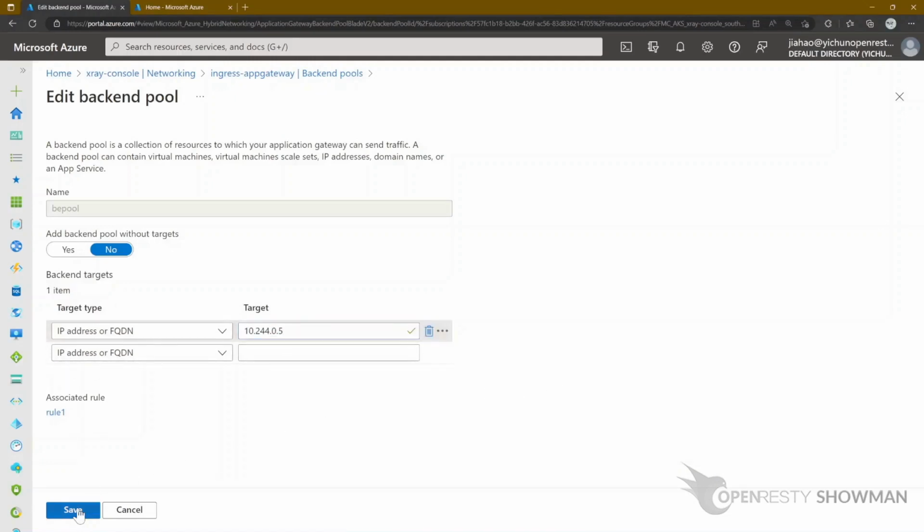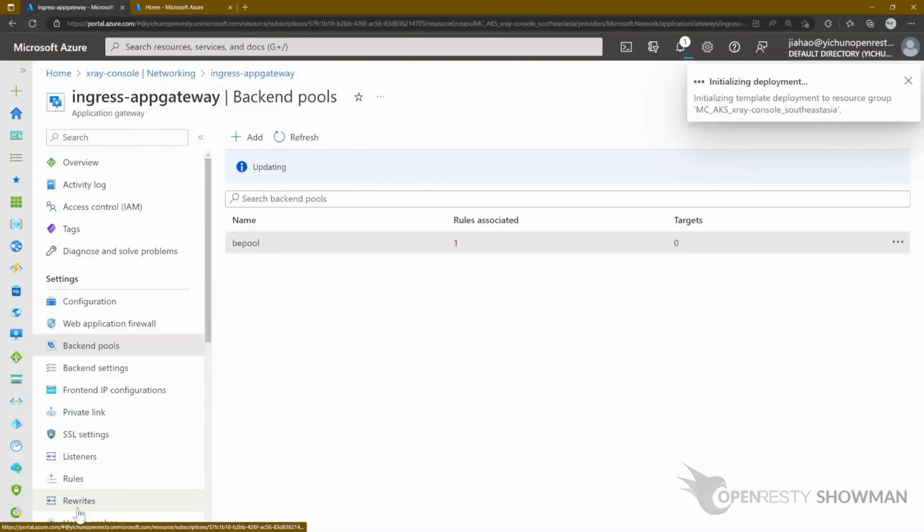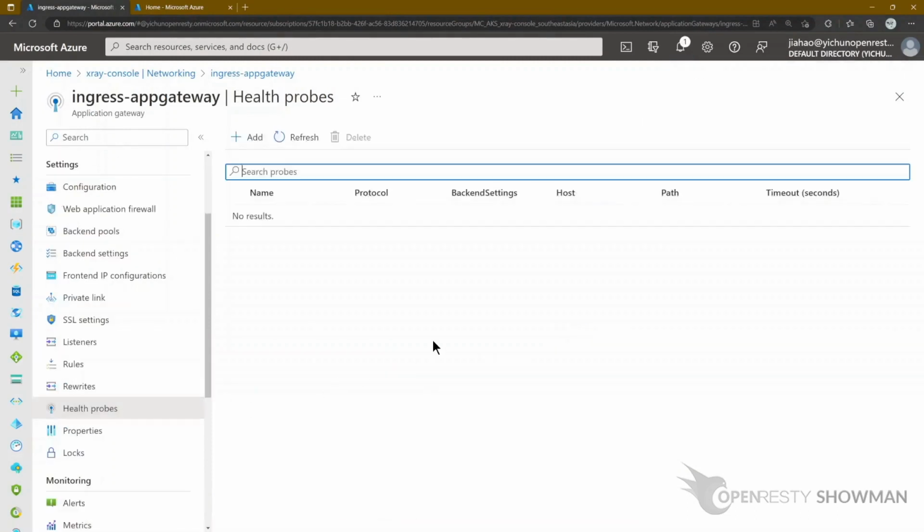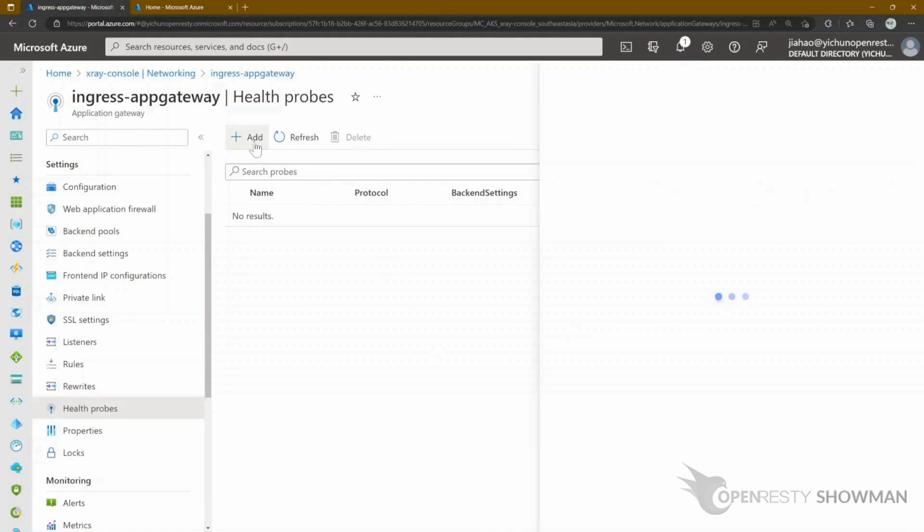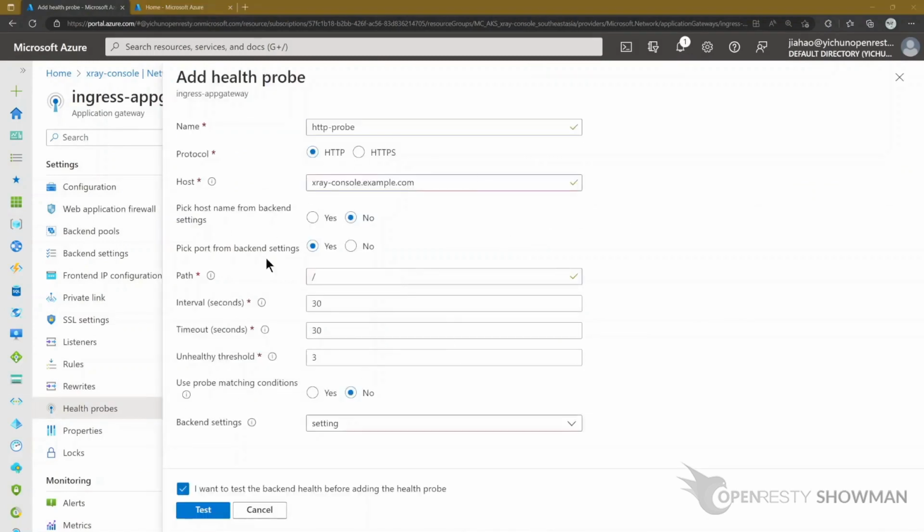Save. Next, configure health probes. This step is to configure the health check to the backend. Fill in the form as shown on the screen and save it.